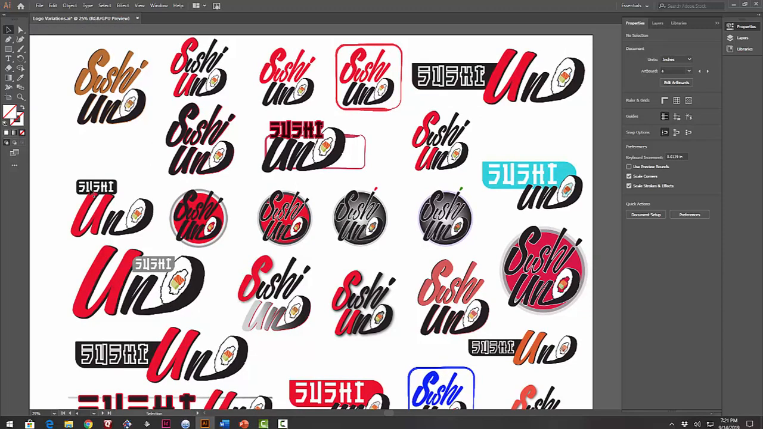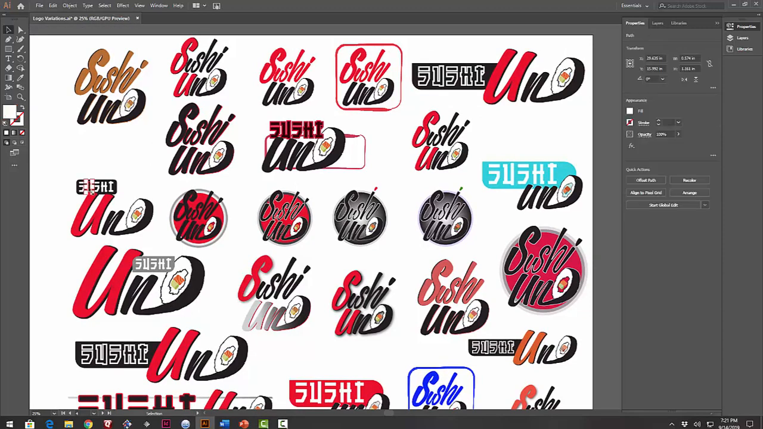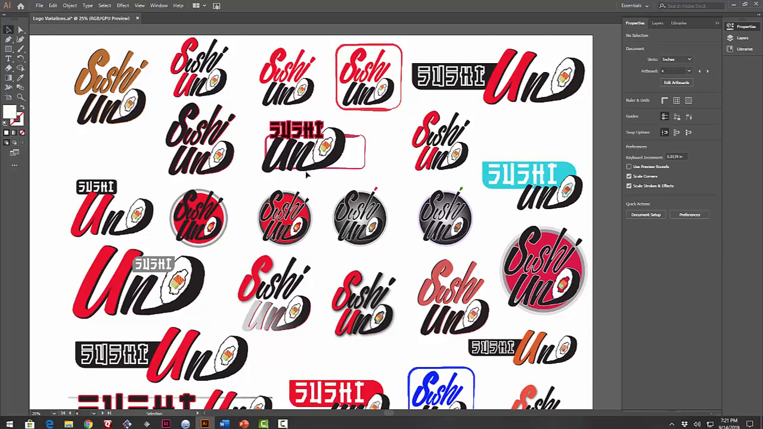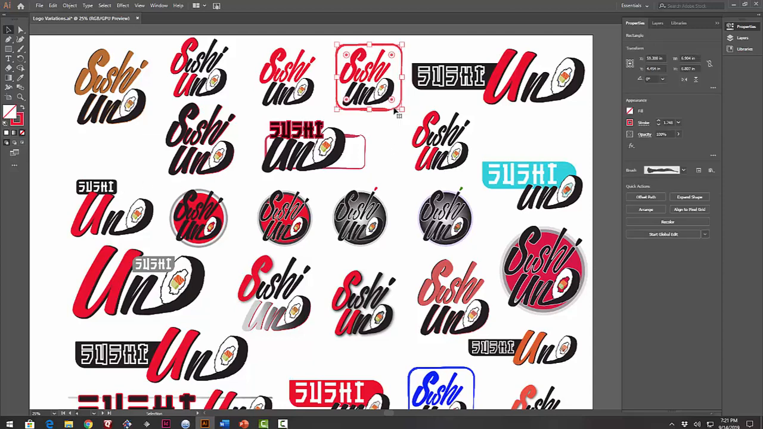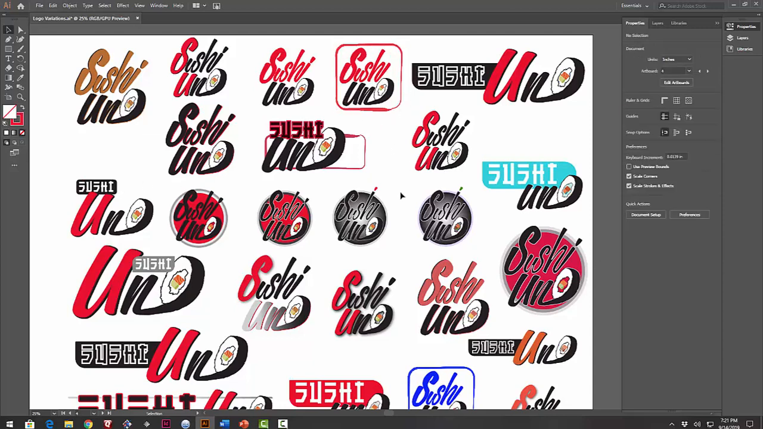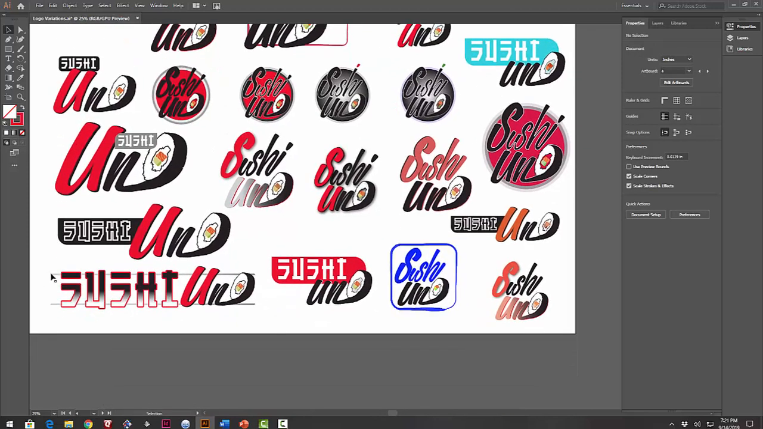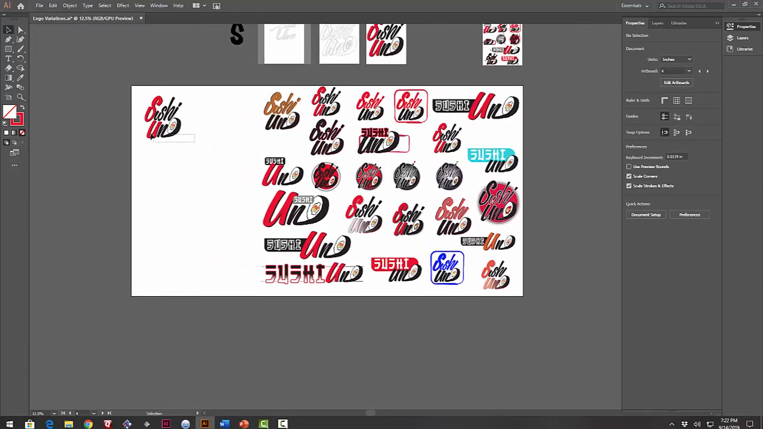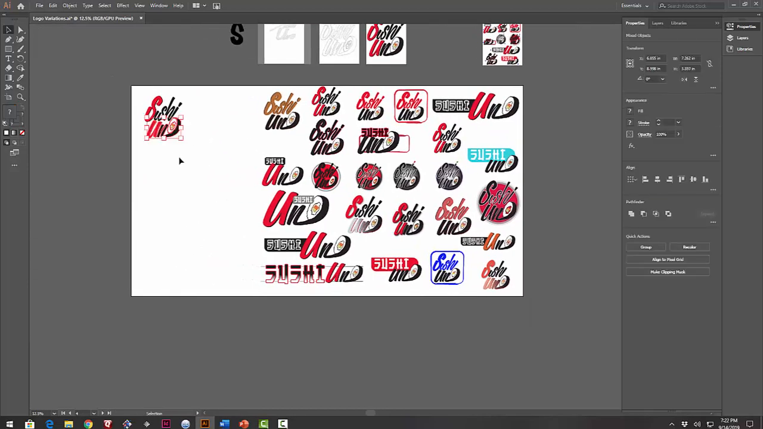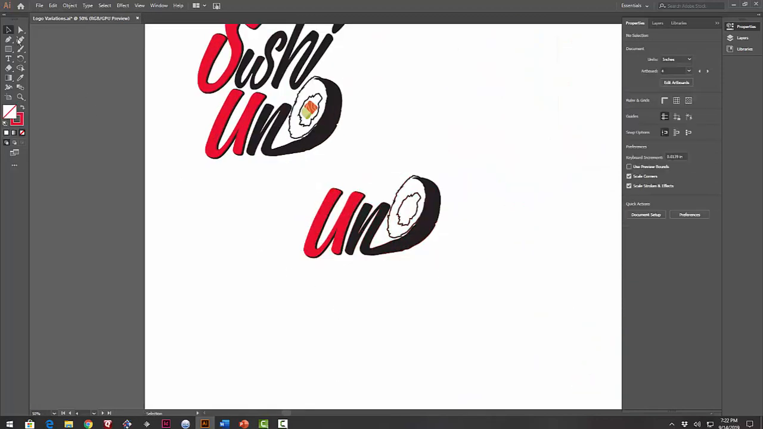Some I decided to switch up the font and tweaked with creating one that almost looked like kanji. One I put a rectangle around it and did this stroked outline. Started playing around with different colors, playing around with adding in additional lines. And all of these were just created as quickly as holding down the Alt key, duplicating, going in and deciding,